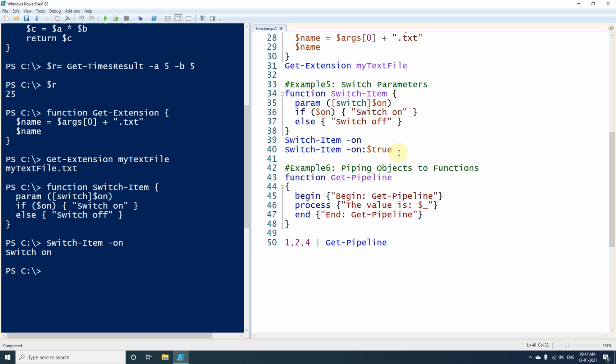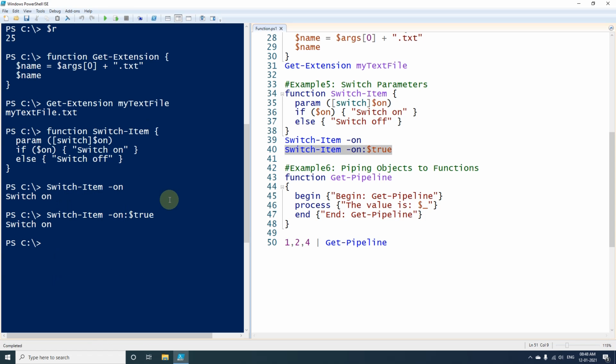So it will be very similar to not passing any argument. If I execute this line, in that case also we are getting the same value, switch on. In case I don't give any argument and I execute this line, you will see that we got the output as switch off. So this is how switch parameter works.